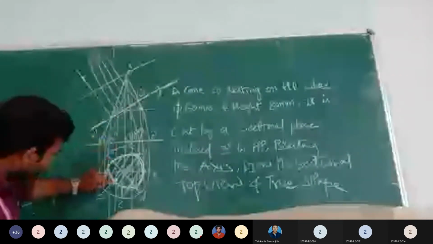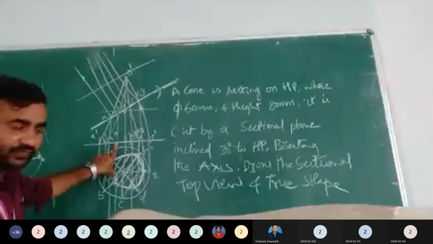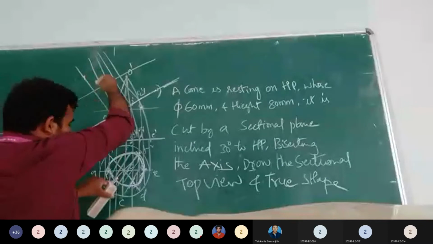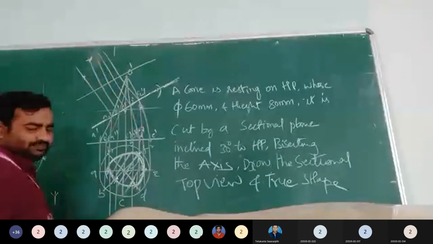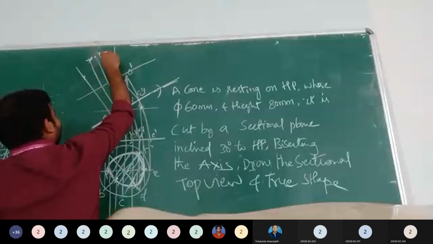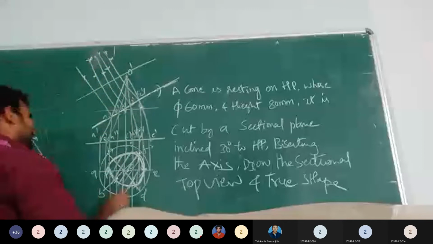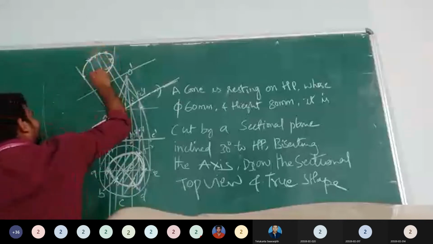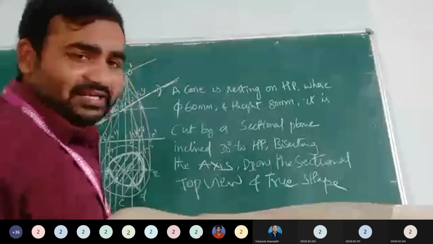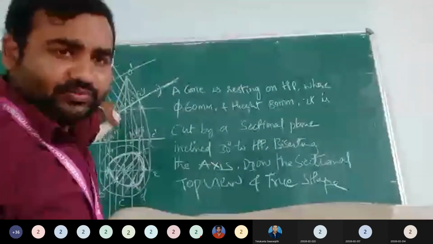And from this point where it is joining the B, I will take the radius from here to here. And this is your B line. As it is away, the point will come here. And C, D, E, F, G, H, like that. You will get the overall shape. And in the top view, you should get the exact ellipse shape. That is your auxiliary view.